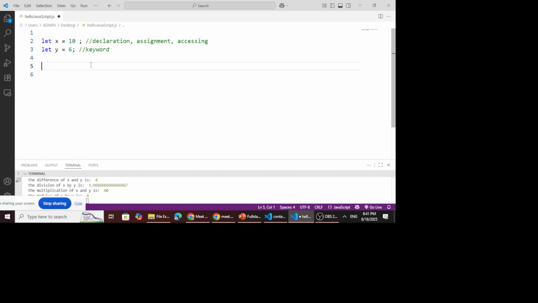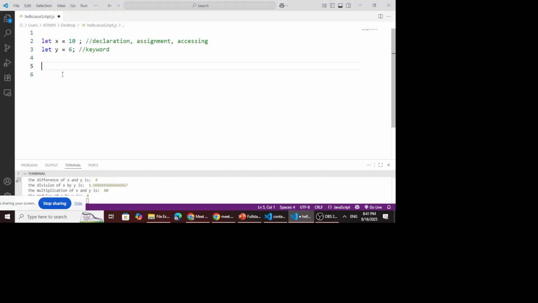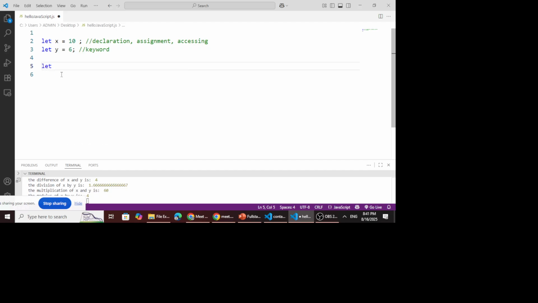The other assignment operator is where you are assigning while at the same time doing the addition. For example, here we can come and say x is equals to